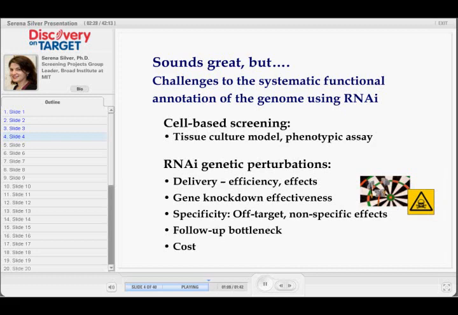And at the end of the day, we have tons of data and a big bottleneck for follow-up. And so there are a limited number of genes we can actually follow up biologically, a limited number of postdocs or graduate students that any given lab is going to send after those genes. And so the analysis of RNAi screens to identify high likelihood, high confidence targets to follow up is an issue. And if you pick the wrong gene, as Hakeem mentioned, your postdocs or grad students get very sad, to say the least, when they spend years